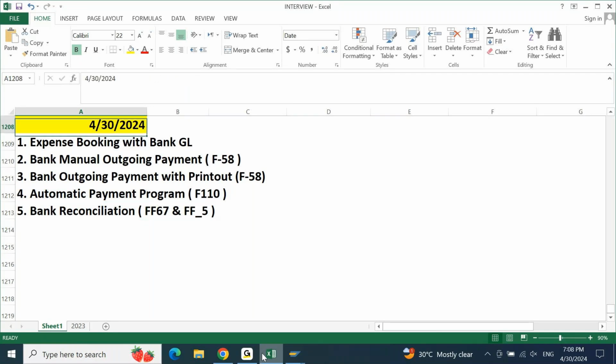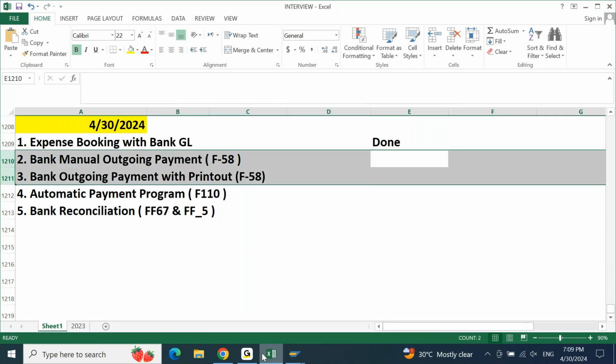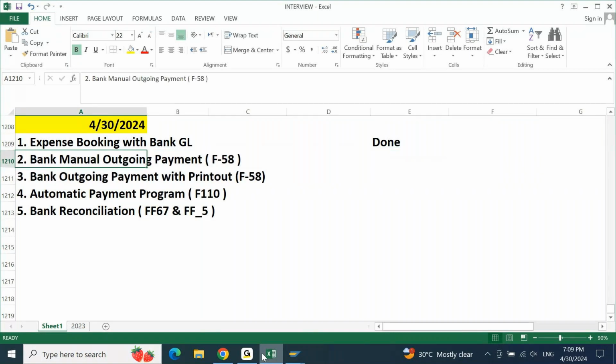Okay, so GL is what we have completed, so I'll say that this is done. This we will do in tomorrow's session. This and this are very simple, because we already have house bank and account ID. It's only additional add-on steps that we need to do, two to three additional configurations, then you will be clear with this concept. So this is your F-53, this is 58, APP F110, bank reconciliation FF67 for manual bank reconciliation,